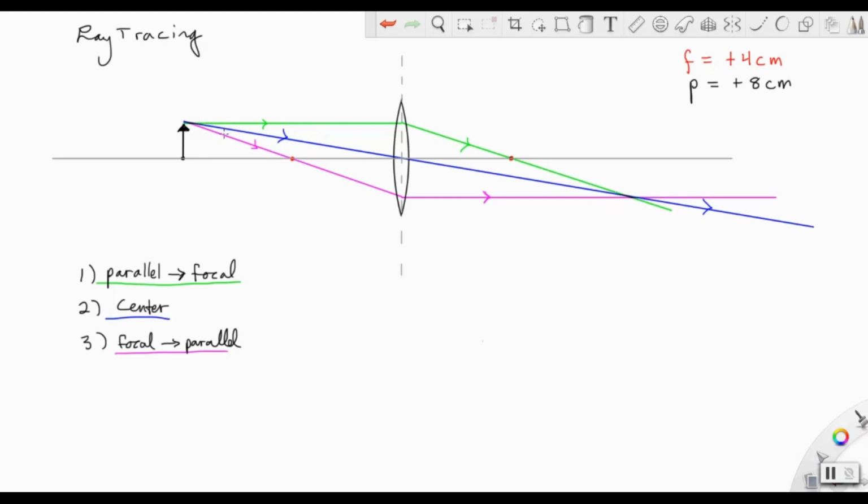Sometimes your measurements will be a little bit off, and you'll end up with this little triangle here, where each ray is meeting a little bit off of one another. But it is a really good estimate, and we should be able to take this and draw our corresponding image. So we'll draw our image in gray here. There's the tip of the image,